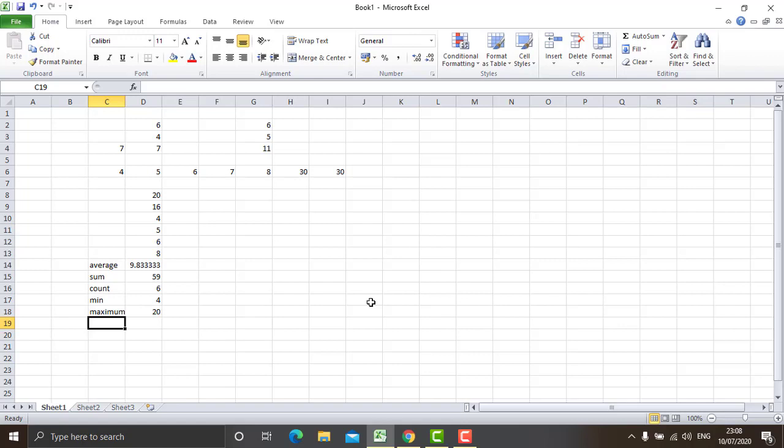So a number of more functions are there. The only thing we need to remember is that in Excel each and every formula begins with an equal to sign. Every cell has an address. To get the address of the cell, we need to see the location of the cell, that is, in which column and which row it lies.